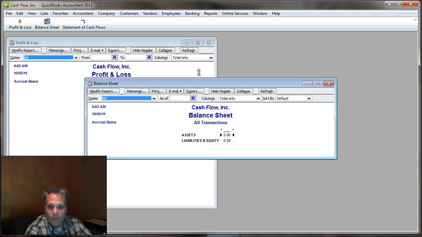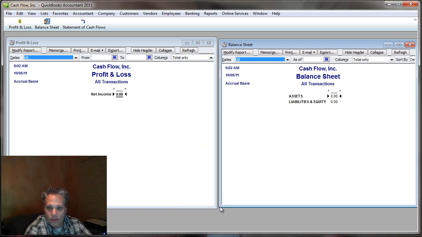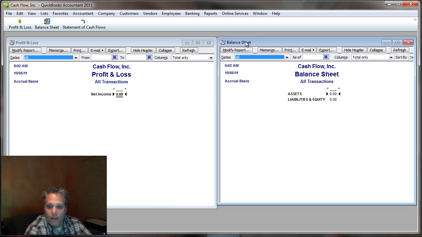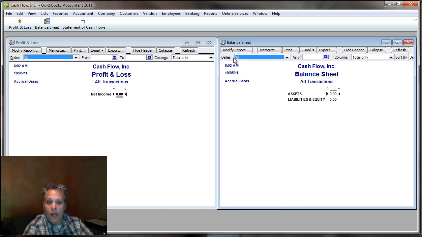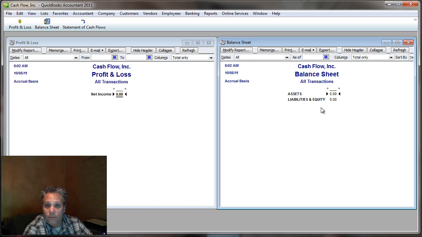We reviewed before that the balance sheet, so we understand this financial statement and what this looks like and how it works. And if you've read the blog post for this particular video, then you've read what I've talked about, which is that the statement of cash flows, in order for you to understand it, really requires that you understand what's going on with the profit and loss and balance sheet. For starters, it's a reconciliation of the net income from your profit and loss to the ending cash balance, which can be gotten from the balance sheet.